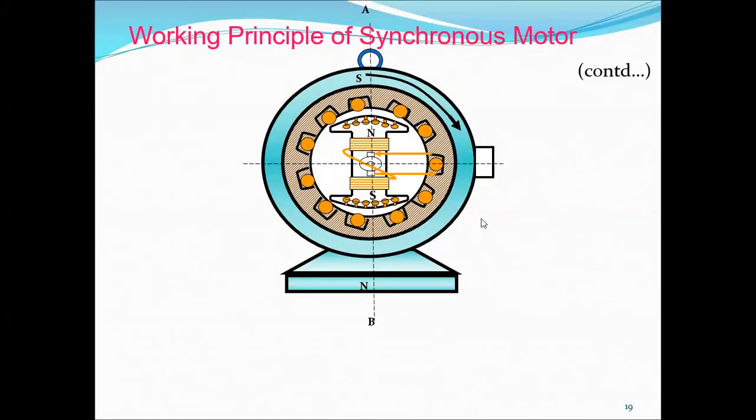It is not producing. So when we rotate with some external means near to the synchronous speed, this figure shows they both got magnetic locking. South pole of the stator and north pole of the rotor, and at the bottom, south pole of the rotor and north pole of the stator, both are magnetically locked to each other. Then what happened when they are magnetically locked? It starts rotating at a synchronous speed.